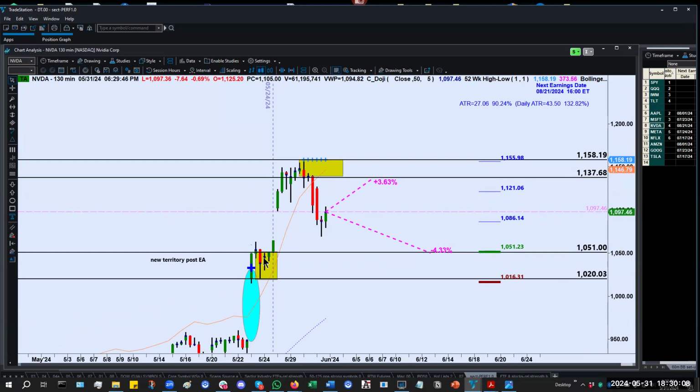But that would be a way one could express a bullish trade out of this demand zone here. If we take a look at Meta,